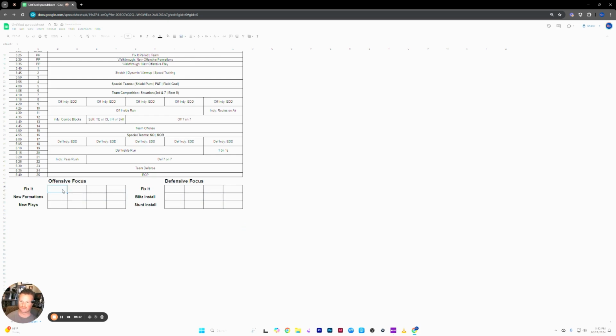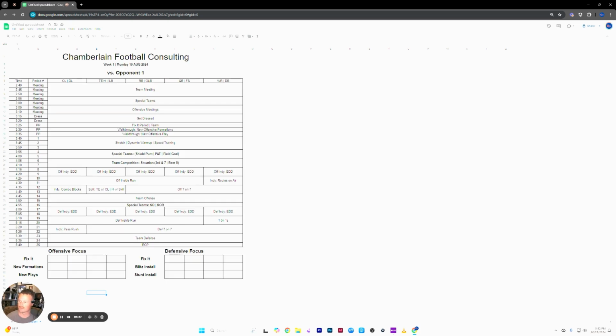All right, so now we can go in and tell what we need to fix. Maybe this is by position. Maybe it's just, hey, here's a few big things. We can merge these boxes again. Here's some new formations we're looking at, new plays. So there we go. So that's kind of how I would make my